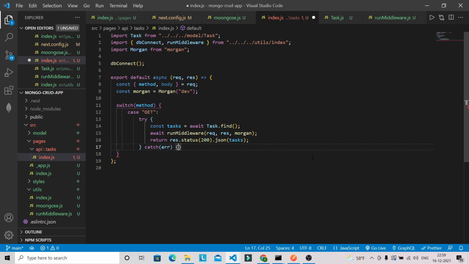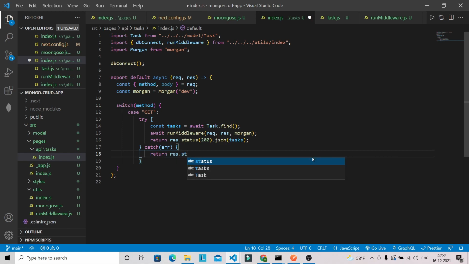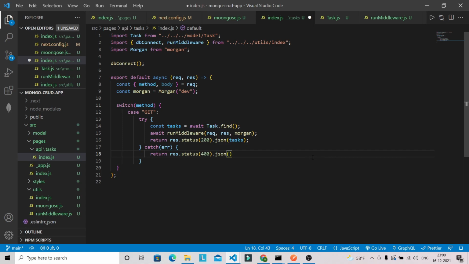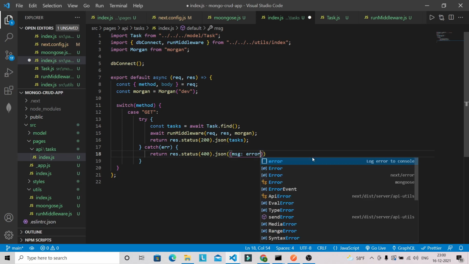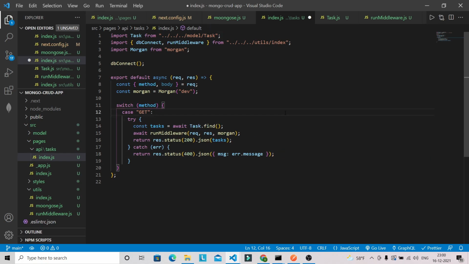So inside the catch block we can return a JSON response like return response.status 400 and json, and we can give a message like error.message. Now we can verify whether this get method is working or not.